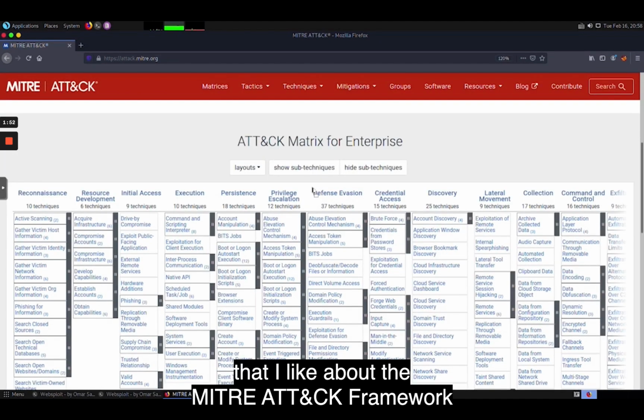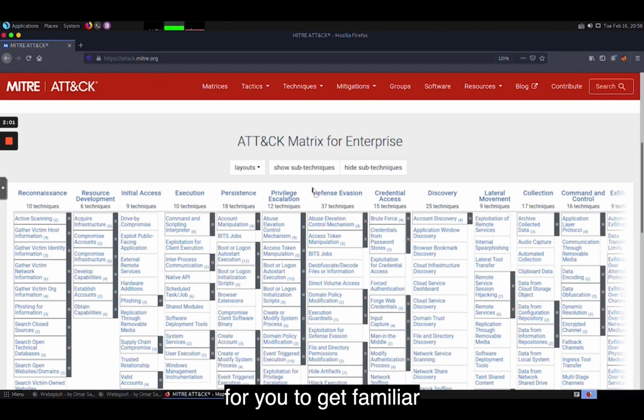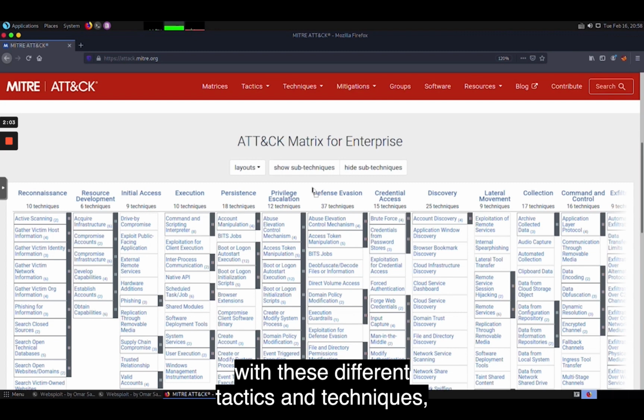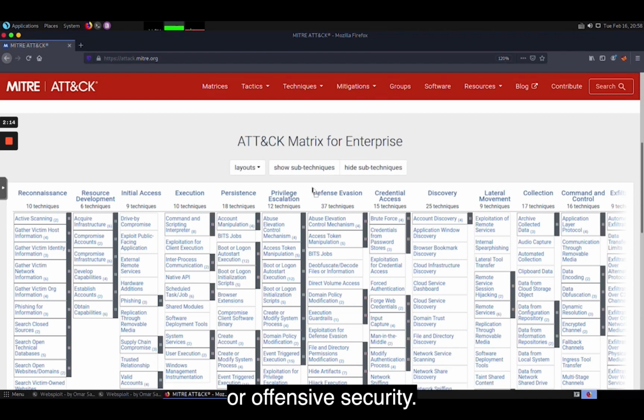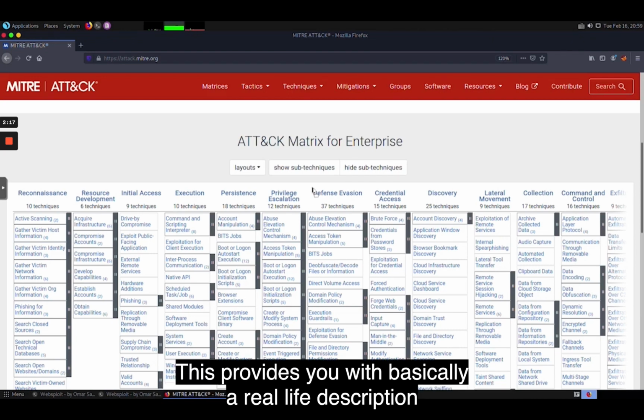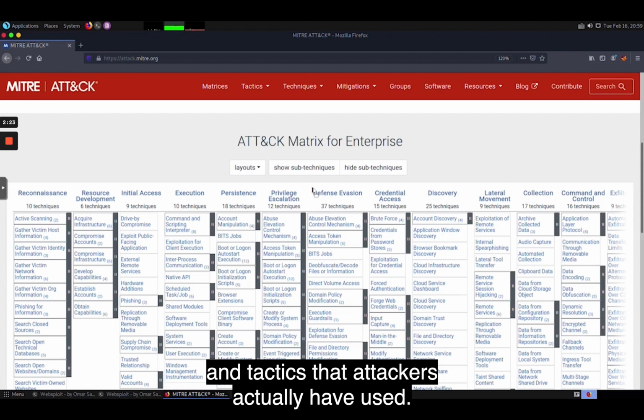One of the cool things that I like about the MITRE ATT&CK framework is that they provide an amazing set of resources for you to get familiar with these different tactics and techniques, whether you are on the defensive side, so you're an incident responder in a security operations center, or whether you are in ethical hacking or offensive security. This provides you with basically a real-life description and examples of the techniques and tactics that attackers actually have